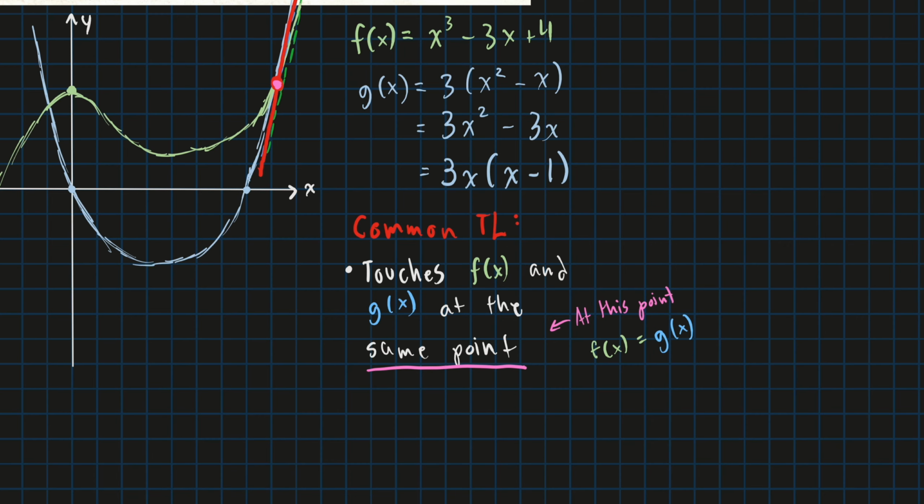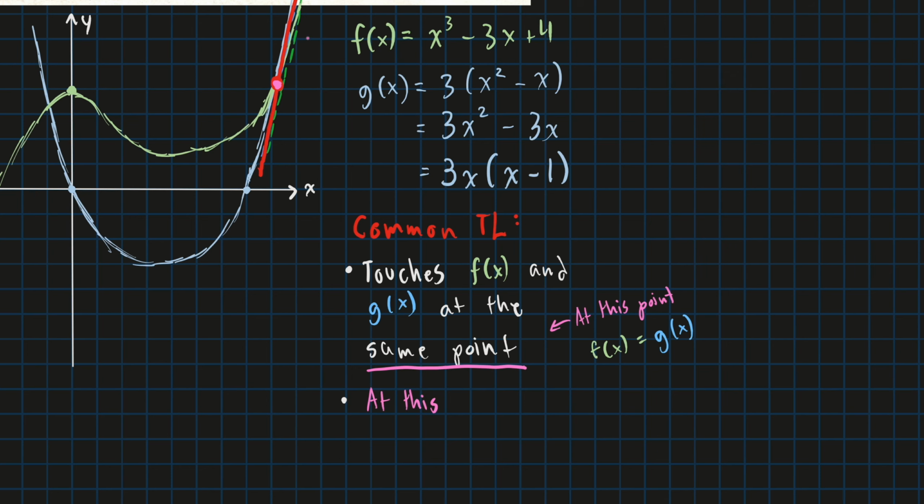If we call this point, I don't know, x equals c. If we take f of c, that is equal to g of c, because it's the same point. Anyway, we'll find this. And we also know that at this point,